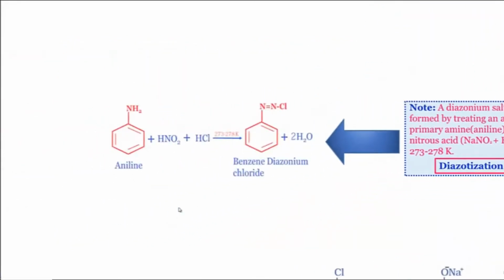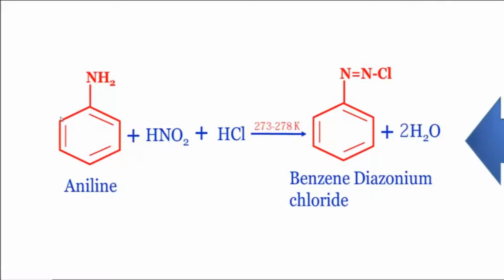Now let's look into the reaction equation. Aniline, wherein benzene ring is linked with NH2. Formula is C6H5NH2. This is also called benzenamine or aminobenzene. Both are correct IUPAC nomenclature. We now learnt how we get nitrous acid, that is by treating HCl and sodium nitrite solution. Again further reacts with HCl at the same low temperature, that is 0 degrees Celsius to 5 degrees Celsius or 273 Kelvin to 278 Kelvin.